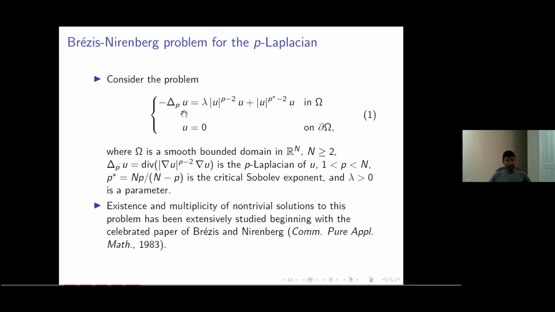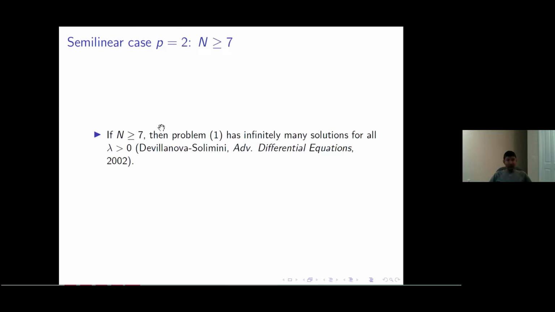When p is equal to 2, this is the classical Brezis-Nirenberg problem, which has been studied extensively, beginning with the 1983 paper of Brezis and Nirenberg. So let me first recall some multiple